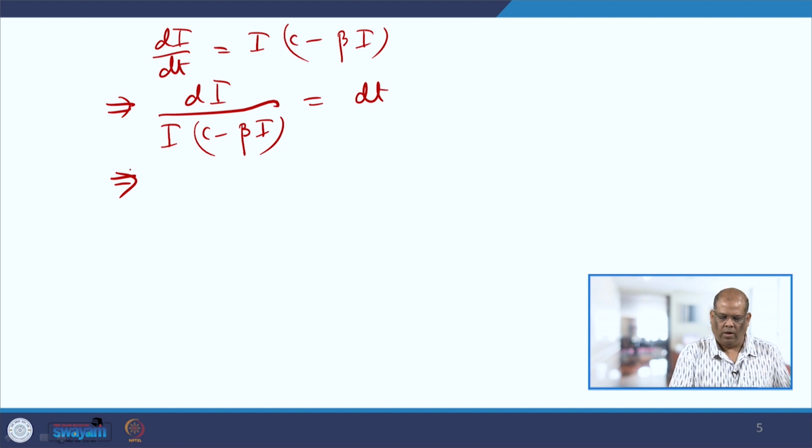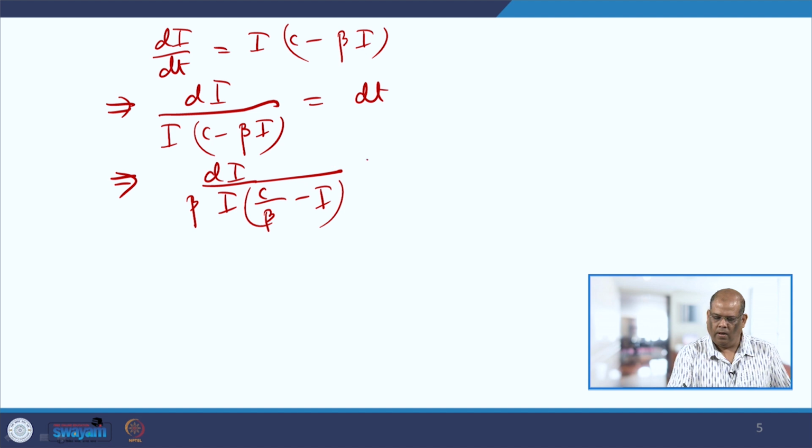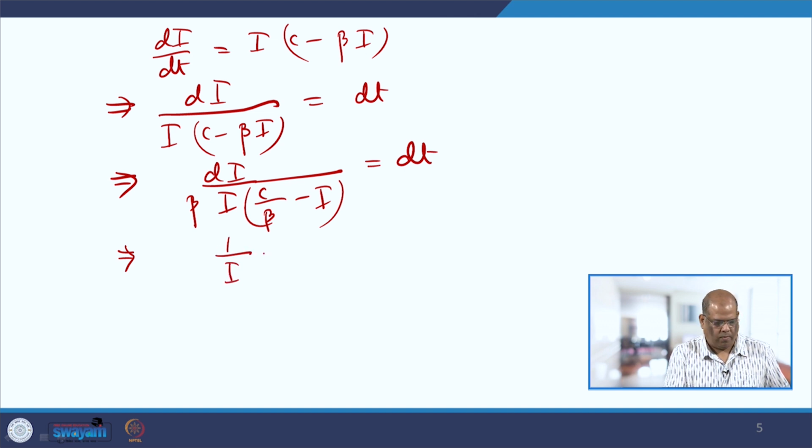So, I just take beta out. This is dI by (C by beta minus I) equal to dt. So, I have to write it in the form of the partial fraction. So, I will write this as 1 by I plus 1 by (C by beta minus I),